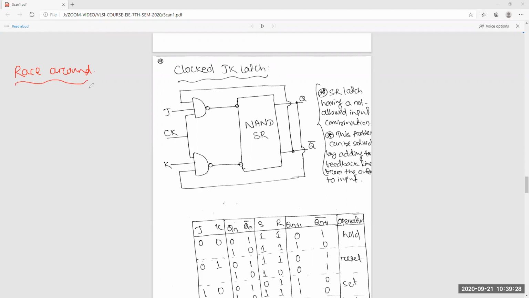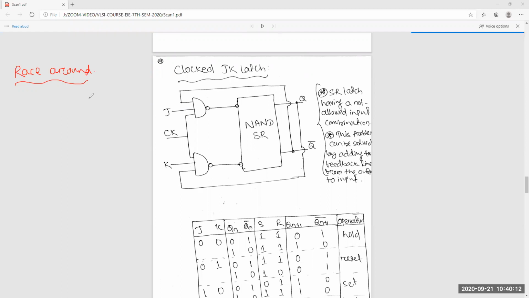What is the race around condition? If the two inputs J and K are 1, 1, then when the clock is 1, the values of Q and Q bar keep toggling. Before the clock goes to 0, it will toggle again.